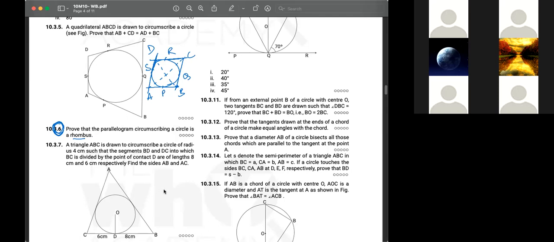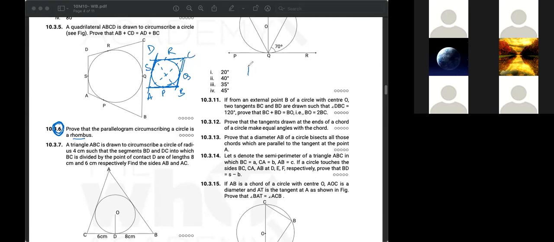Ma'am, I got the tangents, the tangents are equal. So now I'm just figuring out how to prove the rest. So once you have those equations, arrange them such that when you add, you get PB plus AP on one side, so that you have AB, and then BQ plus QC on one side, that way. Okay, ma'am.